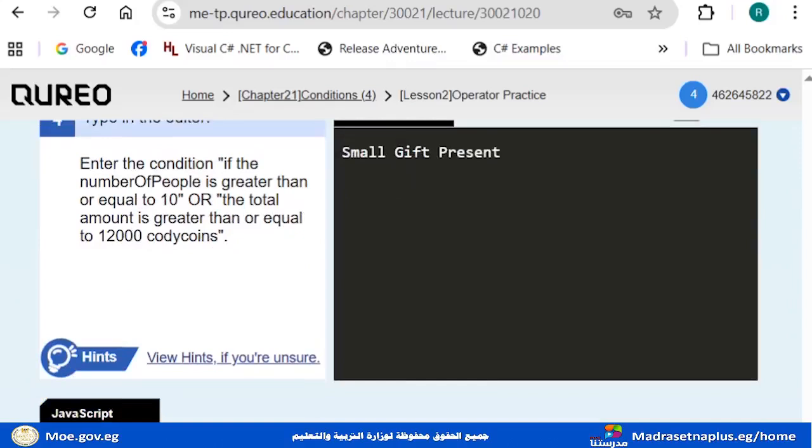Now let's try the logical operator or. We have to enter the condition: if the number of people is greater than or equal to 10, or the total amount is greater than or equal to 12,000 Gaudi coins, you will show the message small gift present. So, number of people greater than or equal to 10, or